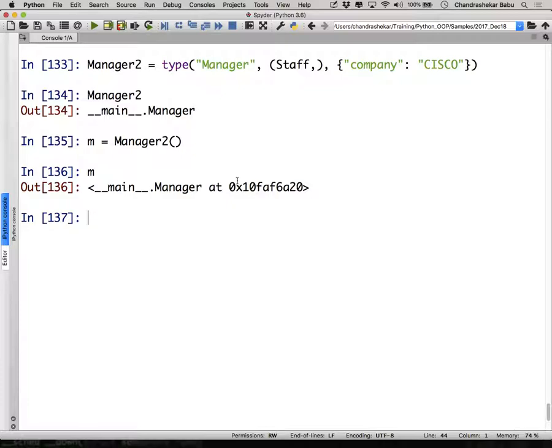You can fully create a class as a right-hand side expression using this syntax. This branches into another part called metaprogramming in Python. But about metaprogramming, I'll tell you what Alex Martelli says. Alex Martelli is one of the gurus in Python. He implemented a lot of the object-oriented features of Python, and in Python 2.0 his contributions are immense. When people ask him about metaclasses and metaprogramming, he says 99% of the time you don't need to know it. Even if you know it, you'll never find a use for it. It's just good to know, but you'll never use it. It's just to know the internals.